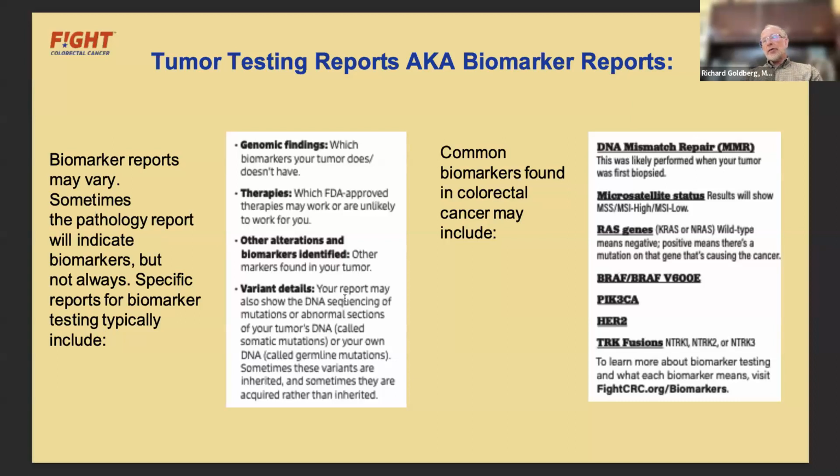So next, I want to turn to these other genes here. You see RAS, BRAF, PI3 kinase, HER2, and TRK. So these are other genes that can be tumor suppressor genes or tumor promoter genes. And we can look to see if those genes are active and normal or if they've been mutated in the cancer. Cancer cells divide so rapidly that oftentimes mistakes in rebuilding their DNA occur and mutations can occur.